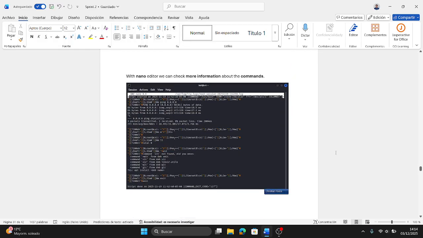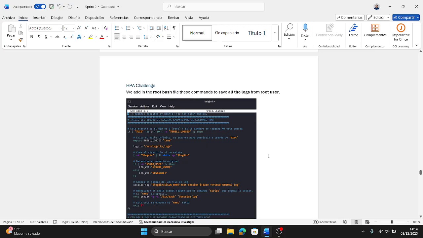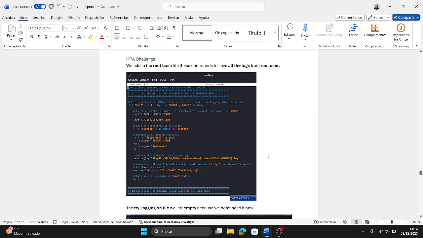With the Nano editor we can check more information about the commands. Now we do an HPA challenge that detects all the commands for the root user, because with root user you can enter with sudo -i, sudo -l or sudo su or other commands, and with the previous exercise we only detect sudo user with sudo -l.